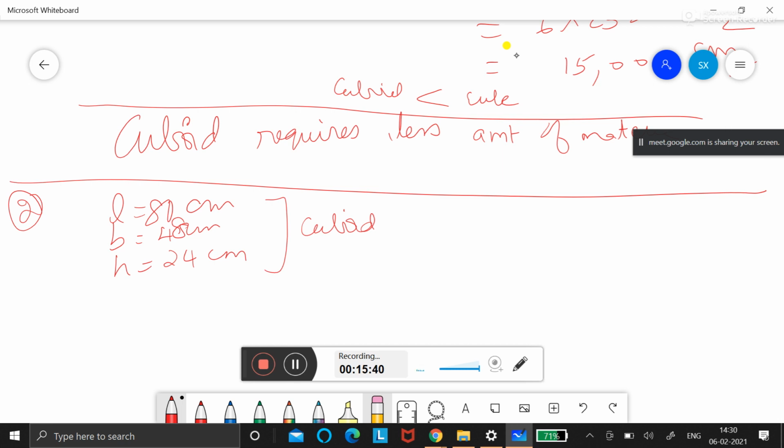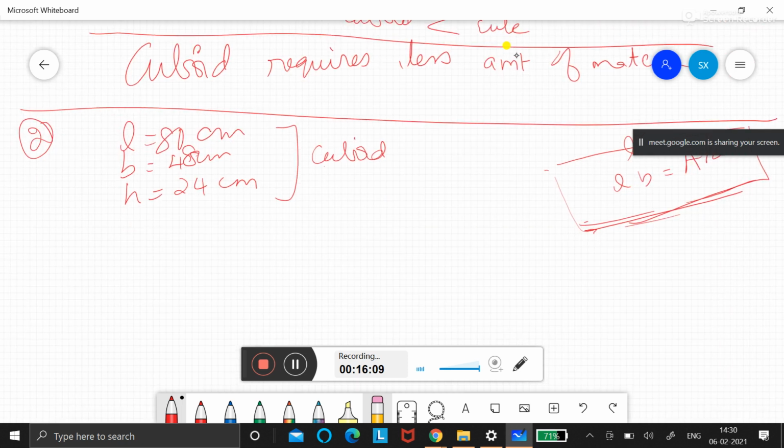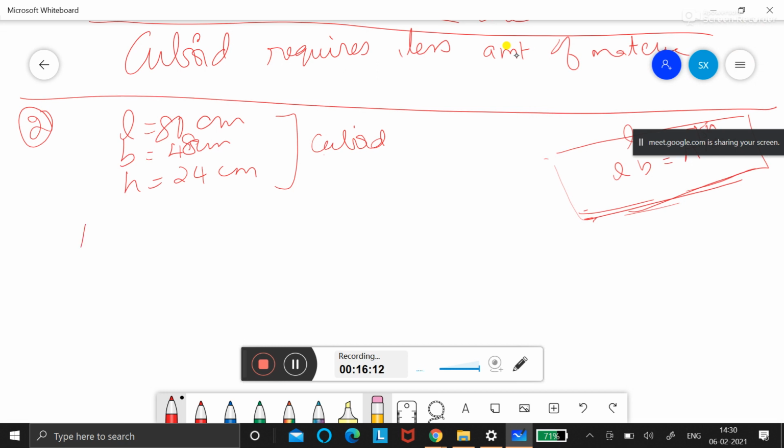So first we need to find out TSA of a cuboid. Then how much length is required we need to calculate. It is a big cloth, okay? So we need to know the length. The total area you found out will become the total area of the cloth. Then you calculate using the L into B formula, that area, whichever you got, the total surface area. Then you calculate that length. For 100 means multiply by 100. Okay, do you understand? So there is a cuboidal suitcase. So first you find out TSA of a cuboid. What is the TSA of a cuboid formula?